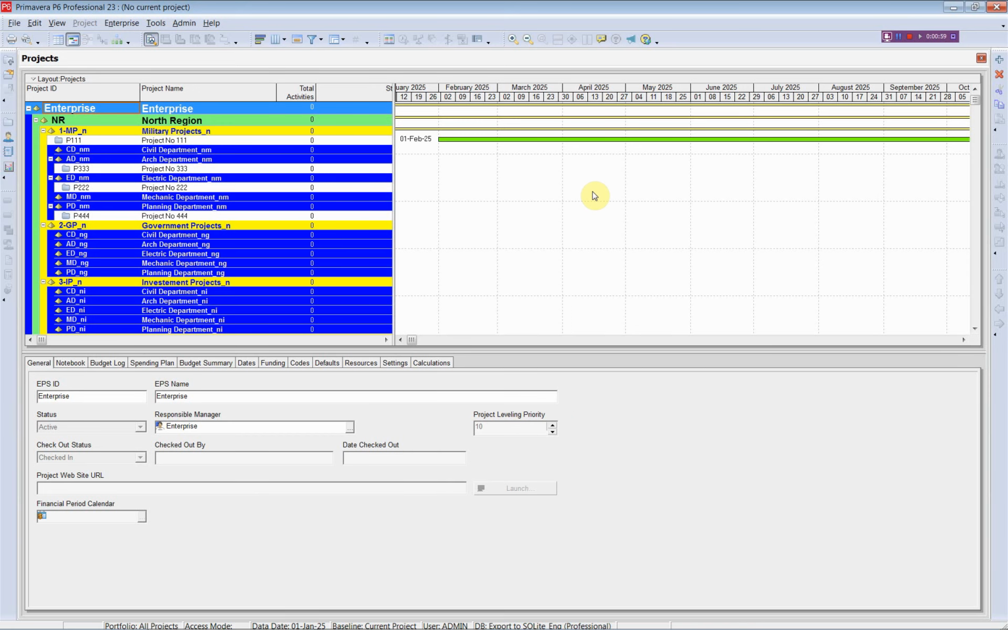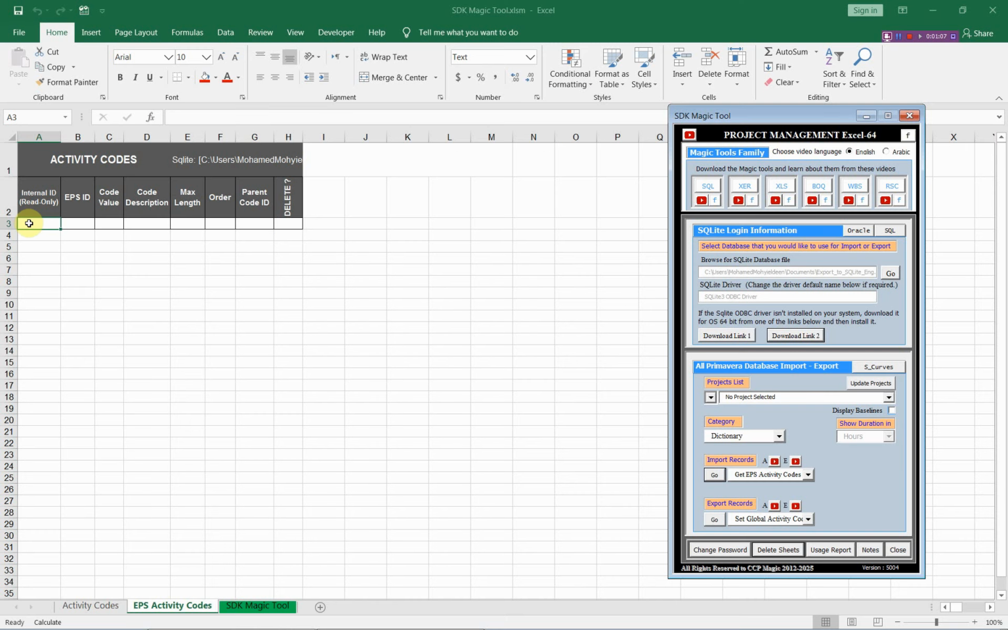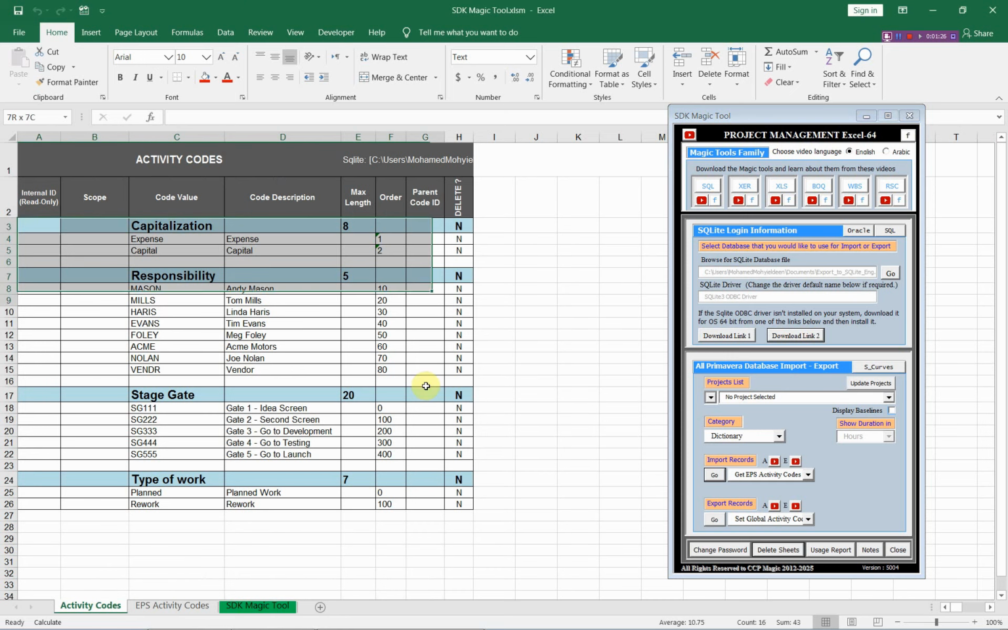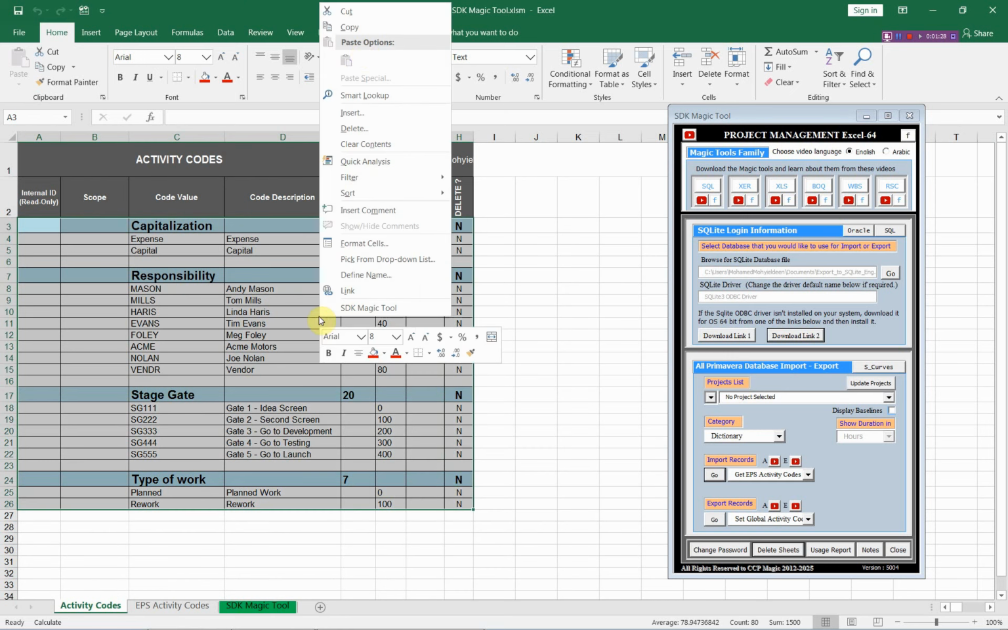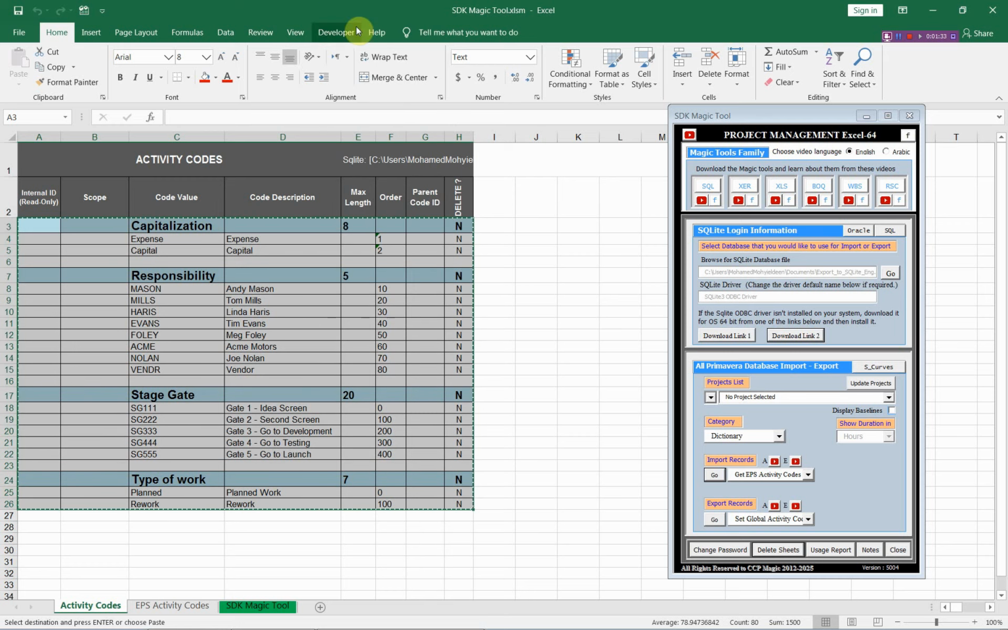Let us start to prepare some of these EPS activity codes and export them to Primavera. As you know, the EPS activity codes can be used only with the projects under this EPS. Let us import some of the activity codes if we have prepared these activity codes to use them with EPS items. Copy, and